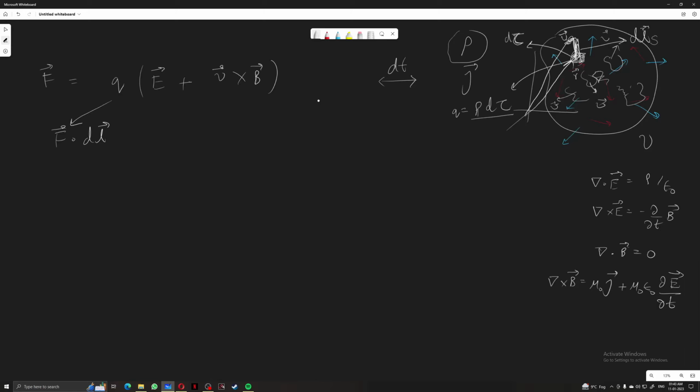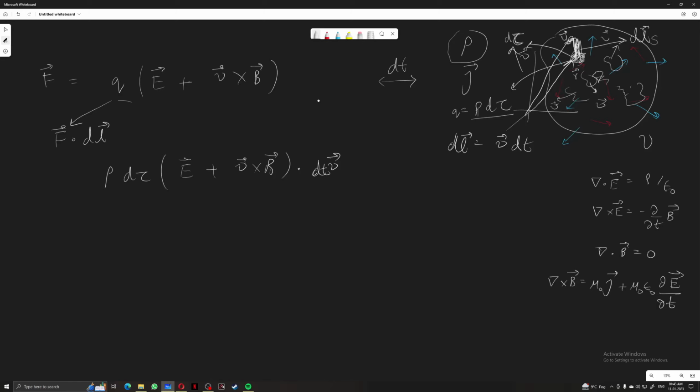So f is q times E plus v cross B, where q is this rho d tau. So rho d tau, then E plus v cross B dotted with this dl vector. Now I can also write this dl vector as v dt, because this dl vector is displacement, and it can be written in terms of the velocity, because dl over dt is this velocity in this direction v. I will do that,